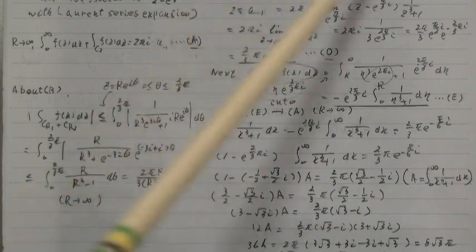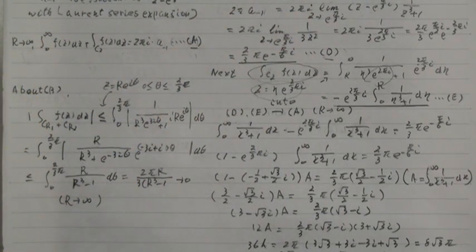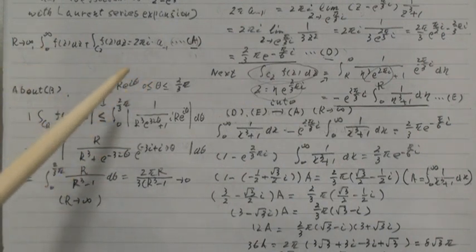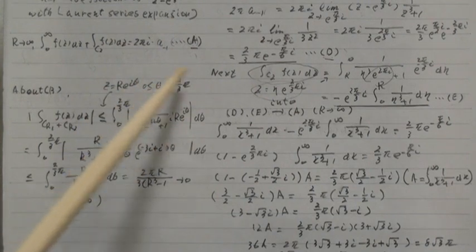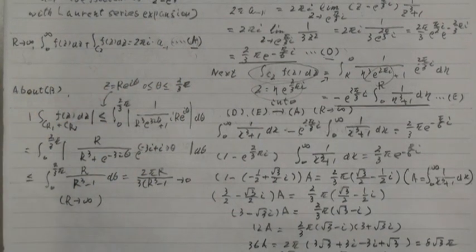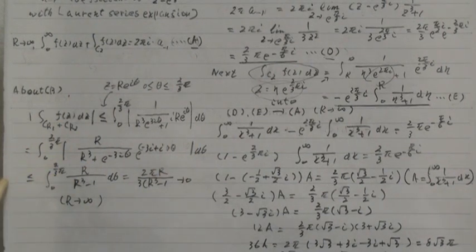And about the arc, if z equals large R times e to the i theta, in the range of theta, this absolute value is smaller or equal, and e to the minus 3i theta multiplied, this value is smaller or equal, and as R goes to infinity, this goes to 0. Okay, I could say